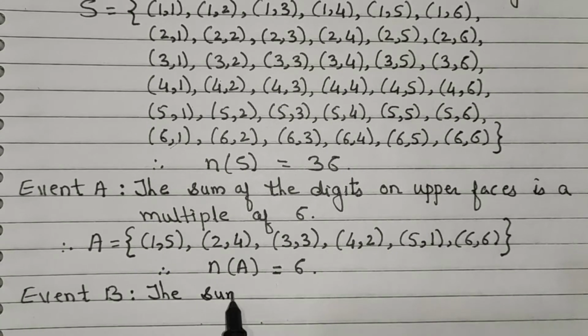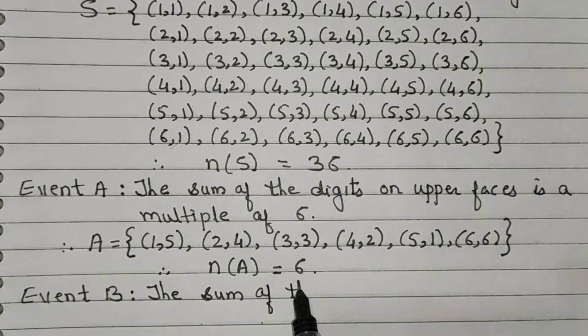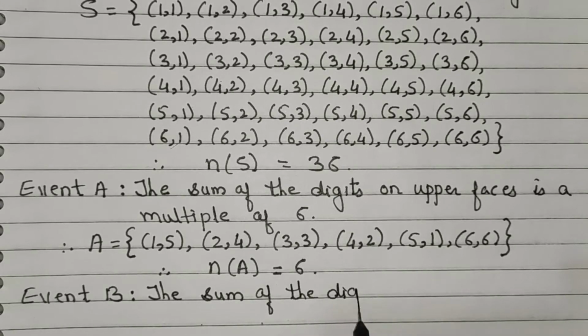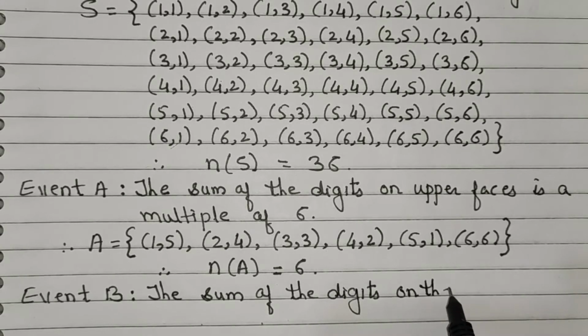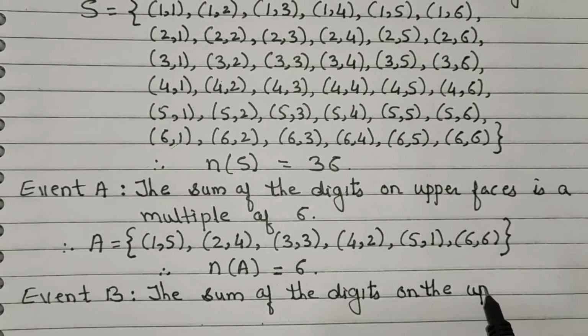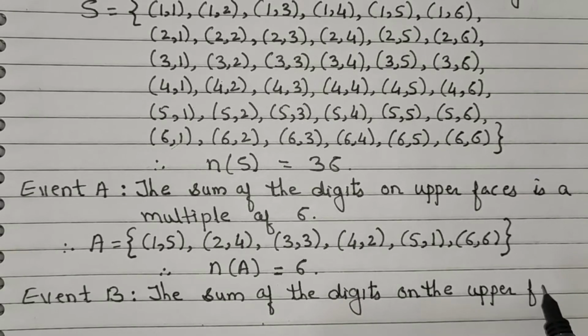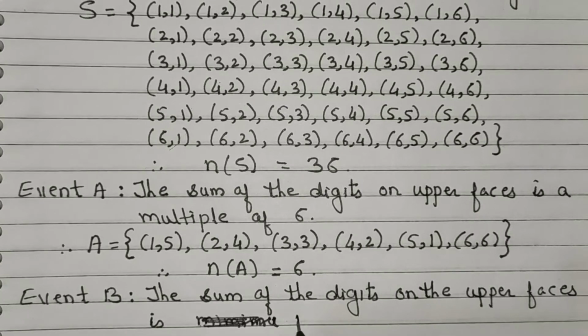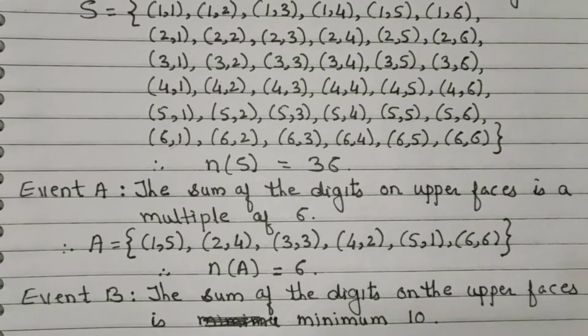The sum of the digits on the upper faces is minimum 10. Now minimum 10 is number 10 or more than 10. Therefore,